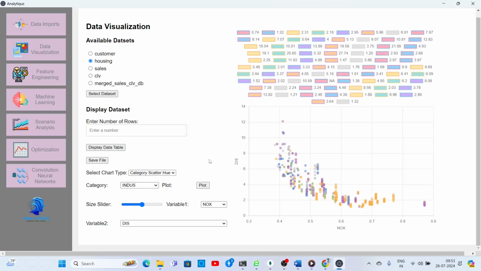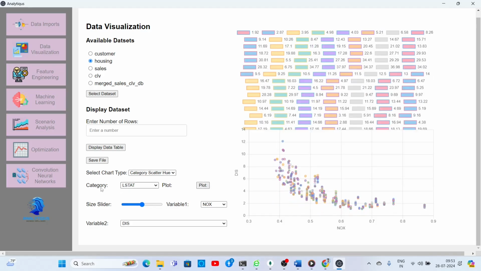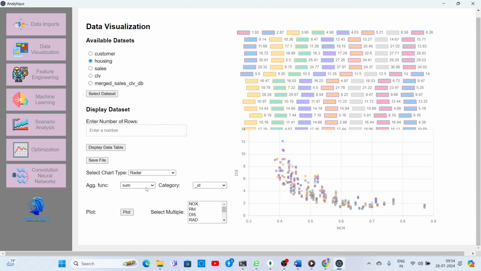You can select any other categories also. It will automatically prepare your data set ready for the purpose. Let us do some scatter, let us do some bubble hue chart, or you can also produce radar chart also.